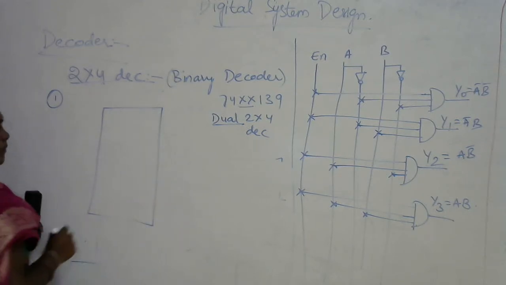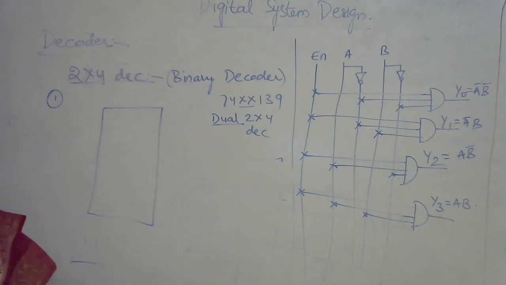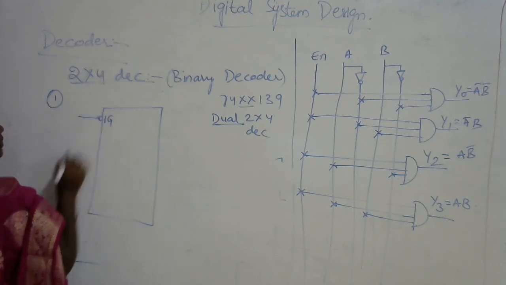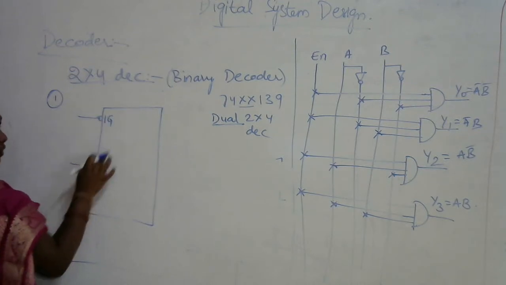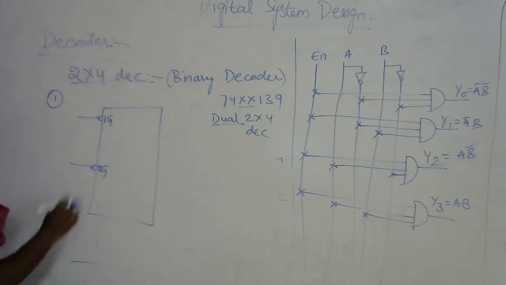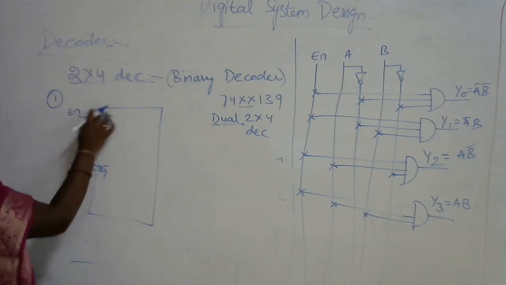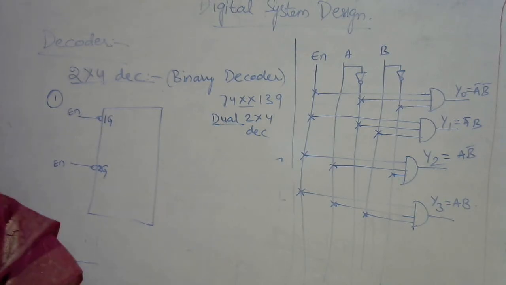Here in this IC we are having two inputs for one decoder, two inputs for the other, but as we are having an enable pin, and whenever I am saying it is in the IC form, always the enable pins will be in the active low. So here this is 1G, this is active low. Similarly here it is 2G. Here in 1G, 1 represents the first 2 by 4 decoder, 2 represents the second 2 by 4 decoder because it consists of dual. And G represents the enable pin: this is one enable pin which is related towards the first decoder, this is the other enable pin which is related towards the second decoder.